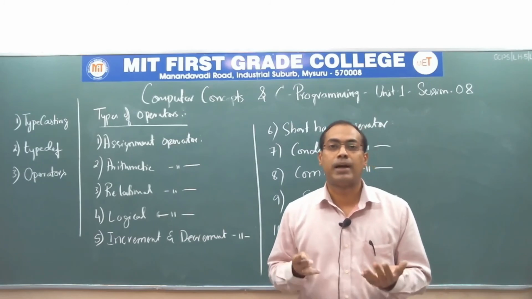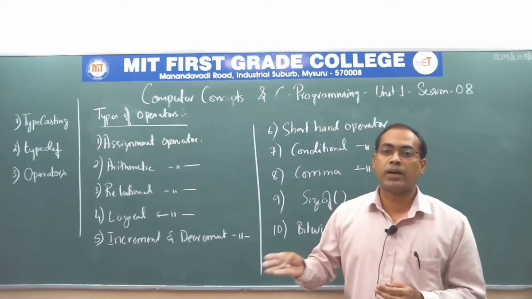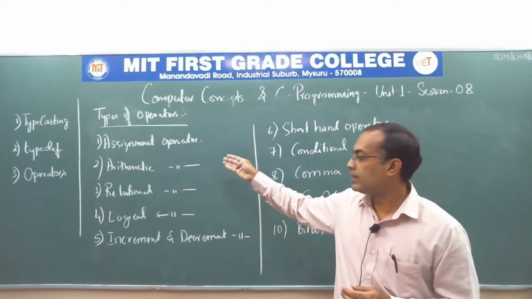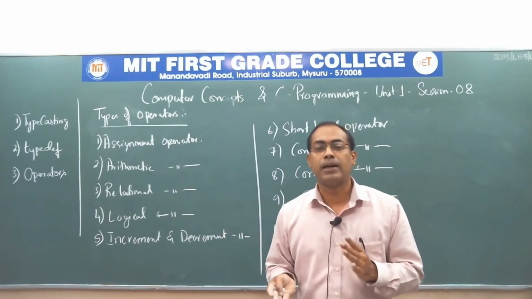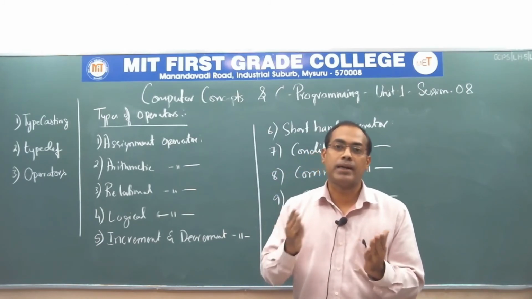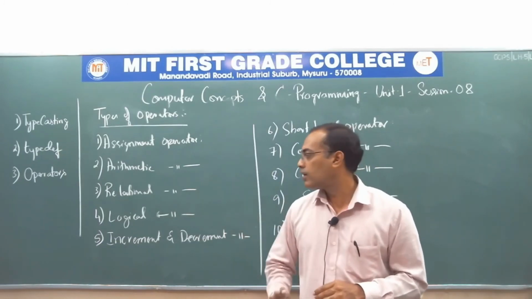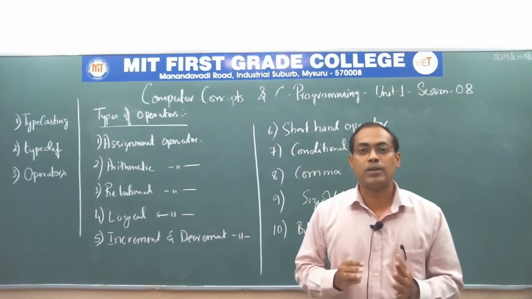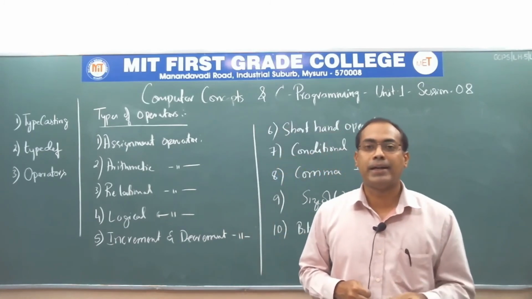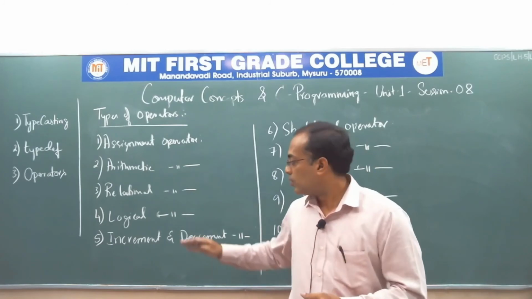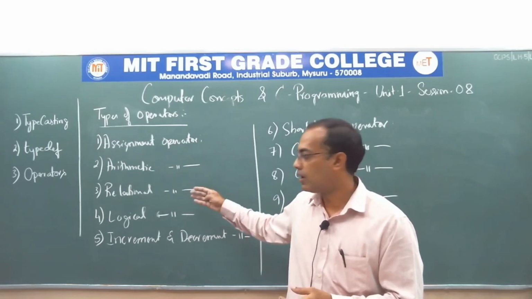What are the arithmetic operations? Addition, subtraction, multiplication, division, and then the modulus operator for getting the remainder. Then we have the relational operators. Relational operators are used to compare two operands. That is, if there are two operands, which one is greater, which one is smaller, whether they are the same, all those things we can do with the help of relational operators. Then logical operators are used to perform logical operations. In digital electronics class you would have learnt what an AND gate is, what logic gates are, what an OR gate is. So if you want to perform such kinds of operations in C, you can take the help of logical operators.